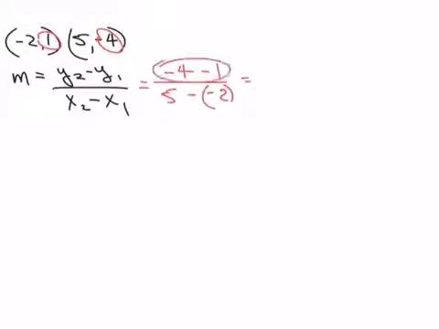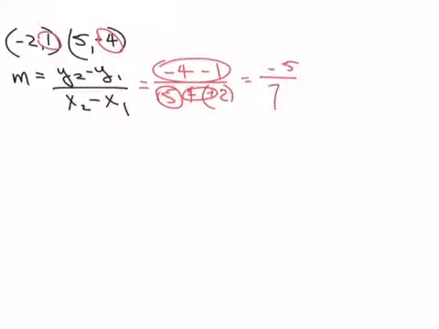Okay, so -4 minus 1 is -5 over 5 minus -2, which is the same as adding, and you get -5 over 7 for your answer. And you're done, because it gave you your 2 bits of information. It told you how steep the line was, and also what it does. It goes downhill from left to right because of that negative, which means, let's get the graph